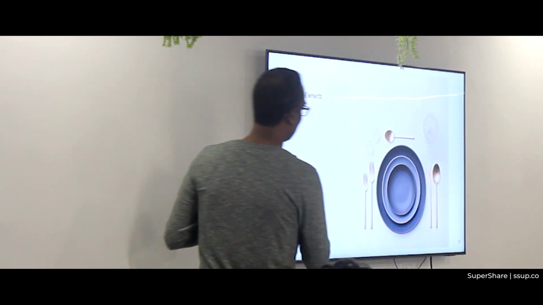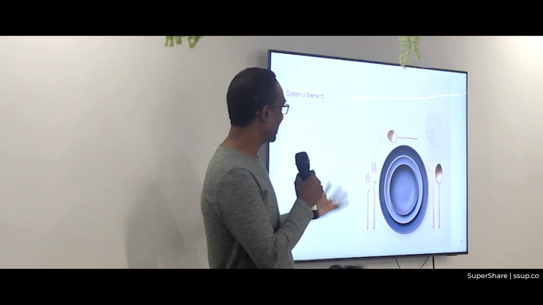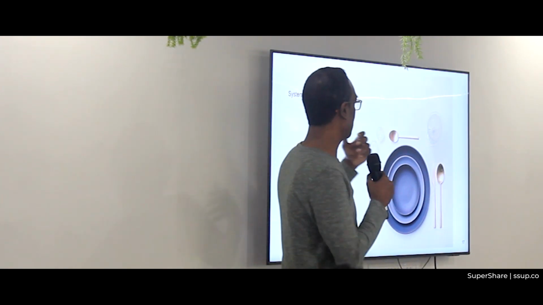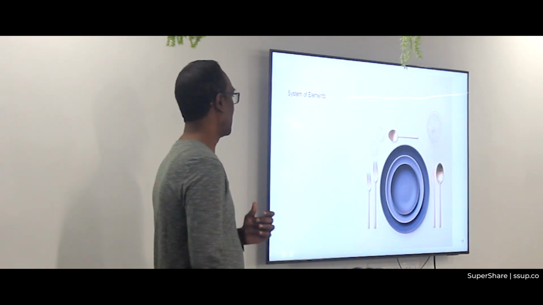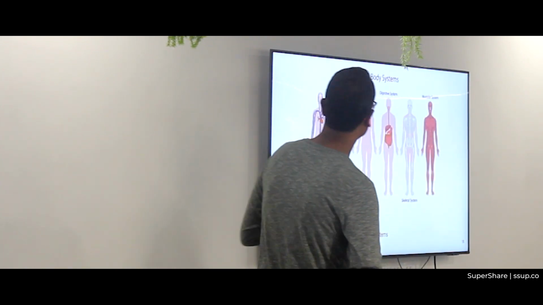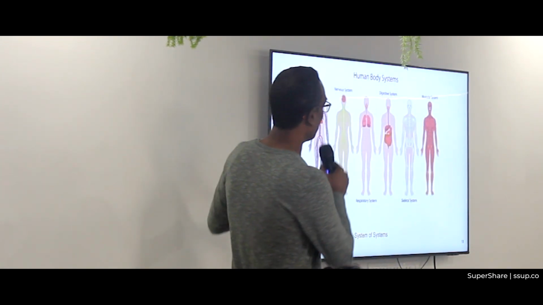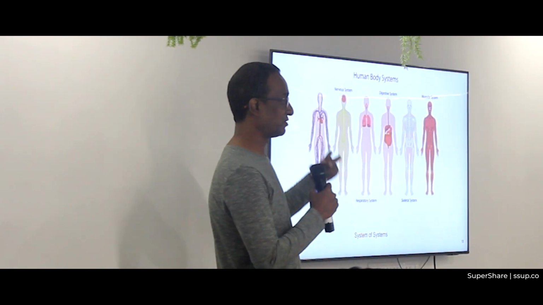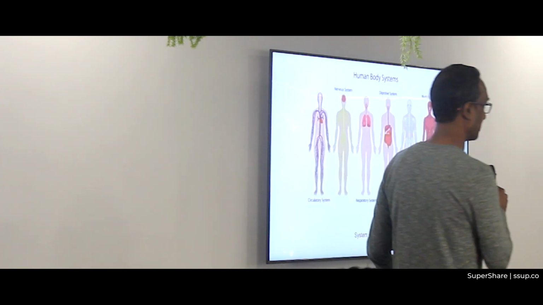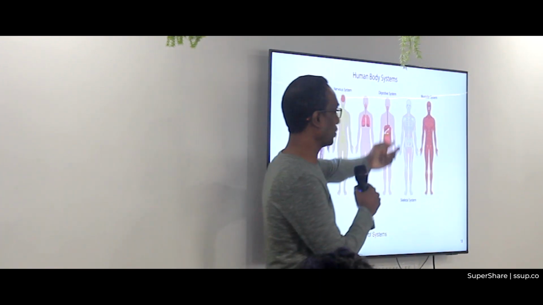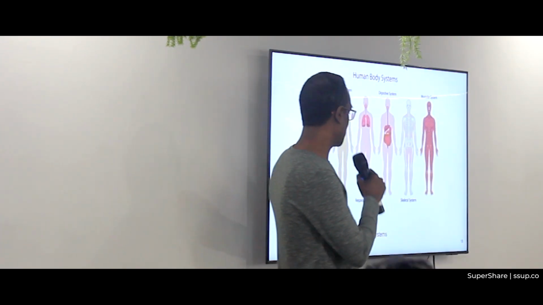So this is a dinner set. Together, they allow somebody to have dinner. But you can think of the spoon, the fork, the saucer as atomic constructs. They're not systems by themselves. The human body is a good example. We have multiple systems within. Each of them has parts, relationships, and purpose. But they come together to form an uber construct for a human body. This type of system is called a system of systems.